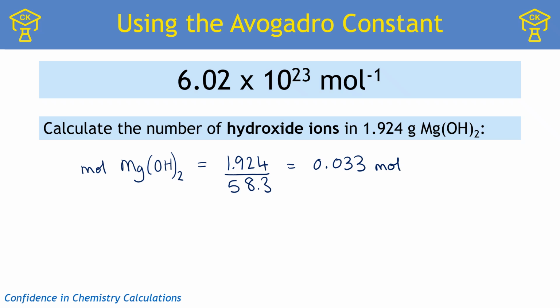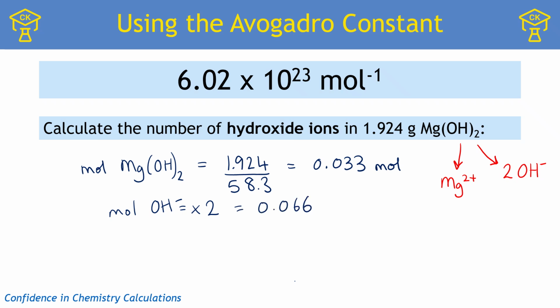A way to imagine this is if you thought about it going into water and dissolving, you know that ionic substances split up into ions in water, and you would make 1 mole of magnesium ions, but for example, if you were writing an ionic equation, you would make 2 moles of hydroxide ions from that if you were to split that compound up. So that means that to calculate the number of hydroxide ions, I need the number of moles of hydroxide ions, and so I'm going to times it by 2. That gets me moles of OH minus, which is